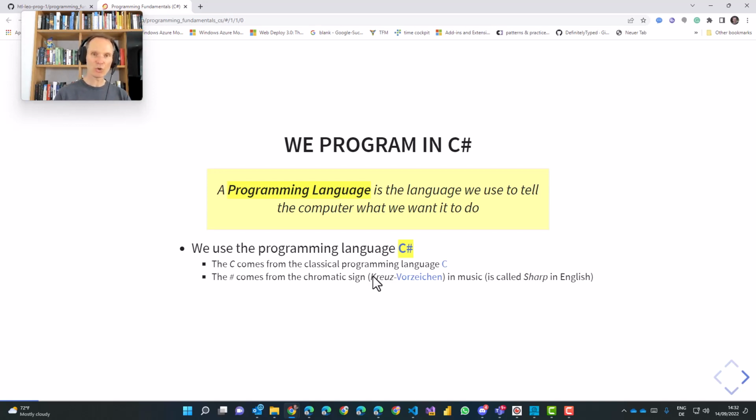And now C# is a development from C. So we say it's part of the C family of languages. It has some similarities to the C programming language.